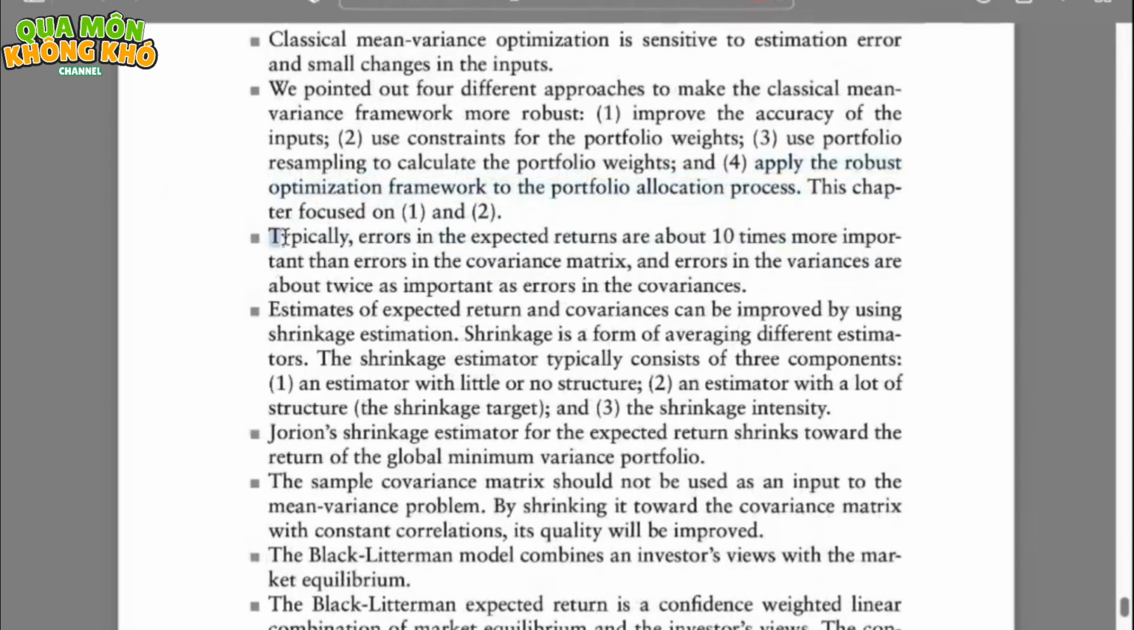And next, I want to remind you, this is very important. Typically, errors in the expected return are about 10 times more important than errors in the covariance matrix. So you can see we have two components to build our optimization model in portfolio allocation: the expected return matrix and the covariance matrix. But you can see how we can improve a covariance matrix. We can use a shrinkage factor,